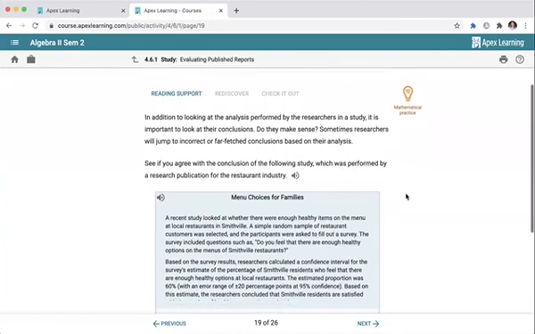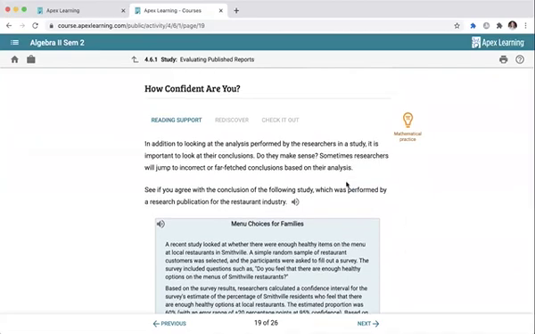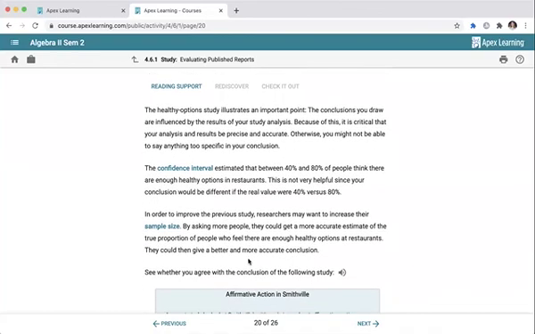And then, of course, looking at the confidence. So how confident are you? Are you one sigma, two sigma, all of that kind of stuff. And again, that leads up to the accuracy of your conclusions. If you've done your experiment well, if you collected your data, if you were unbiased, if you did all of this stuff here,